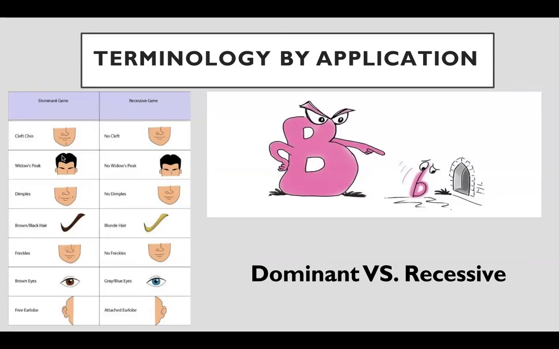So here are just some examples of dominant genes versus recessive genes. For these dominant genes, you can have either both of the dominant alleles or just one of the dominant allele is fine. In the recessive gene, you need two recessive alleles in order to actually express it. So for blonde hair, you need two recessive alleles for blonde hair. For the attached earlobe, two of them. Versus for brown black hair, you only need one of the dominant allele.